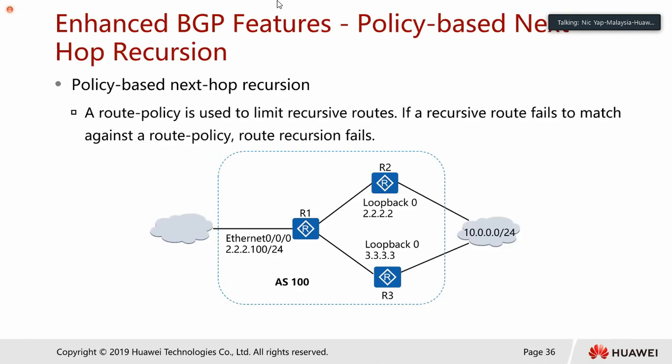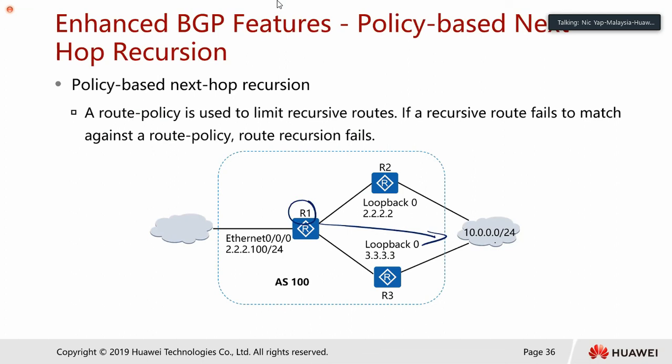Okay. So, the last one over here is on the policy-based next hop recursion. In policy-based next hop recursion, a route policy is used to limit the recursive route. If the recursive route fails to match the route policy, route recursion fails. So what it means, from this example, is that right now R1